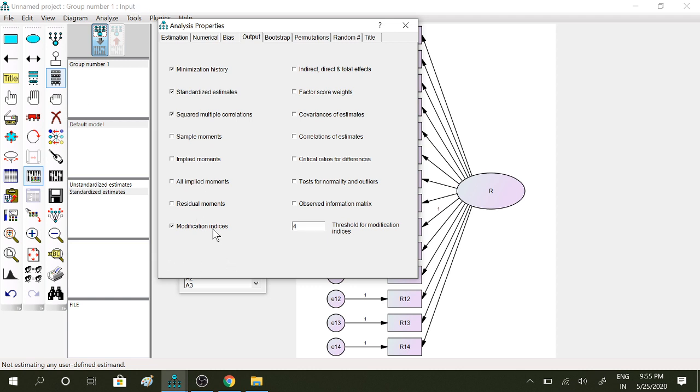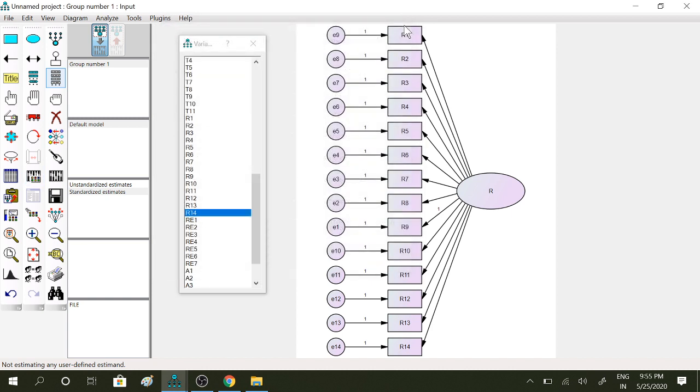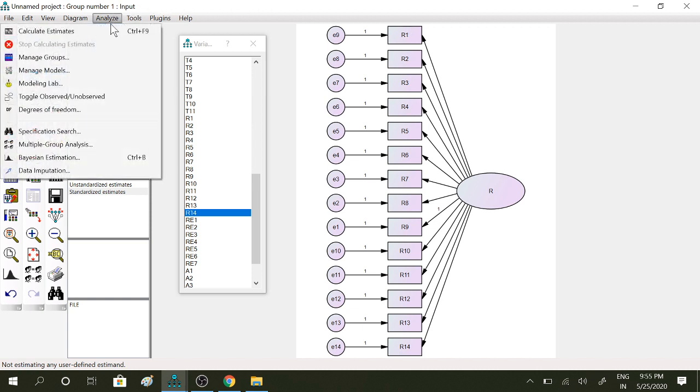Last one, modification indices. Three changes in the output box. There is no OK close button, so we have to close here. Close. Now we run the diagram. The diagram is completed. So now we have to calculate estimates.